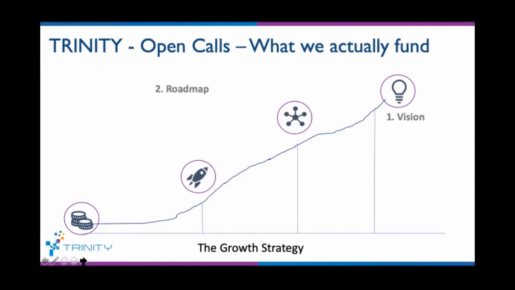Step 2 is the roadmap. Can you click? So you have a roadmap, with different steps identified in it. It makes the logical progression that you have 1, 2, 3, and perhaps a couple of other steps to reach the vision you have. And the vision is that you are making more money in Europe.